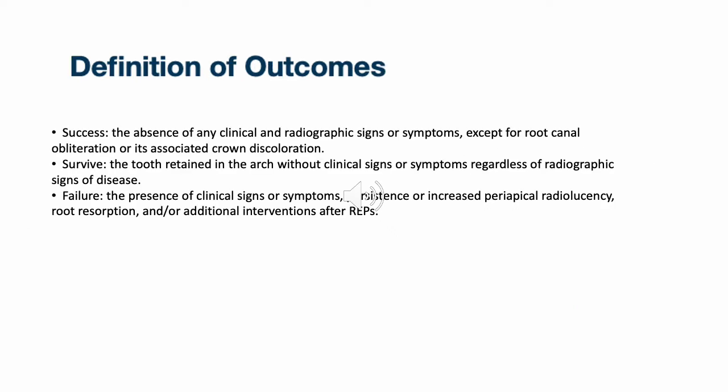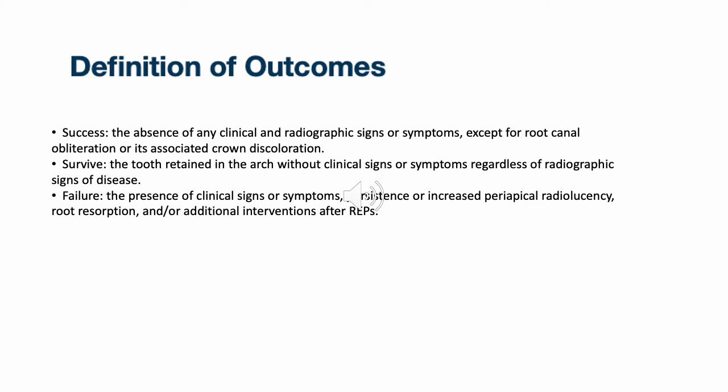blood. The definition of outcomes: success if there was an absence of any clinical and radiographic signs or symptoms, except for root canal obliteration or its associated crown discoloration. Survival if the tooth was retained in the arch without clinical signs or symptoms, regardless of radiographic signs of disease. Failure when there was the presence of clinical signs or symptoms, persistence of or increased periapical radiolucency, root resorption, or additional intervention